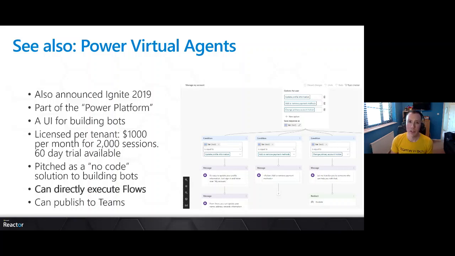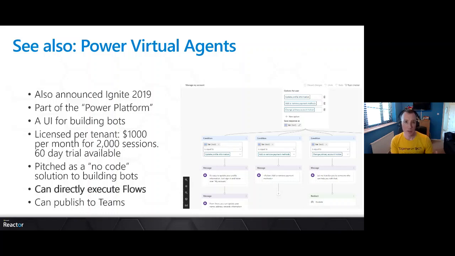And then all of these you can publish to Teams in the same way that you can with Bot Framework. Interestingly, under the hood, there's a lot of shared code and a lot of shared experience as well. So there are some things you can do where you can take the best of both into a really nice solution. An example of that is you can build skills. Skills are like little nuggets of Bot Framework stuff that solve a particular problem. You can build a skill in Bot Framework, using the Bot Framework Composer or just regular code, that solves a very specific problem.